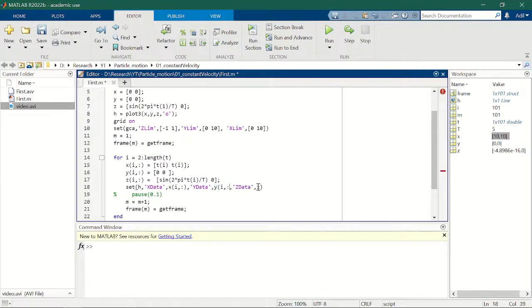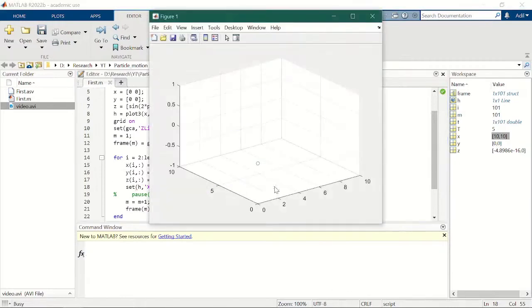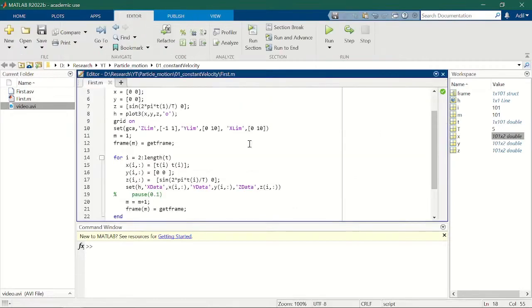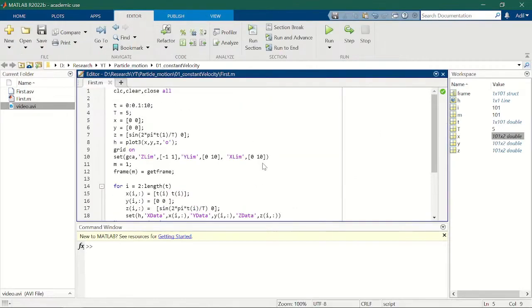Control C, Control V. Yep, it's saving. You can save the state as well. Yep, every state is saved. And you can actually add particles by just changing the number. Now you can add another element to the matrix to add another particle. So we can give any other motion to this. This time we're going to give particle 2 motion on the y-axis. Okay, y-axis. So we have to actually change the limit